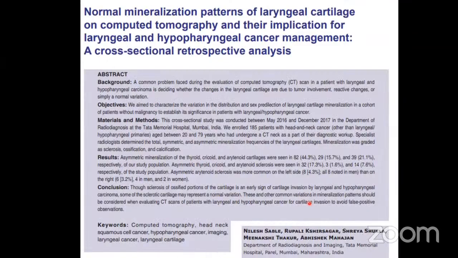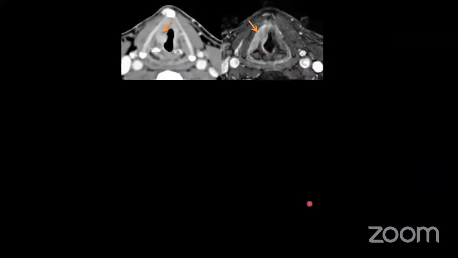Even normal ossification patterns can be misleading, such as age-related sclerosis of the arytenoid, or sclerosis of the cricoid. These are normal variants that should be kept in mind before documenting cartilage involvement. In patients under 40, the cartilage is normally not ossified, and that becomes a challenging situation. That is what we call in radiology the white line of the cartilage. You can see that the predominant bulk of the cartilage is not ossified, and in such cases, one must supplement a limited MR to rule out any finding which could preclude CTRT or function preserving surgeries.